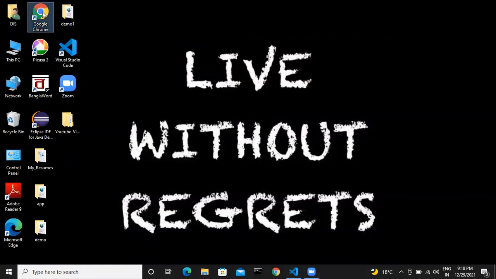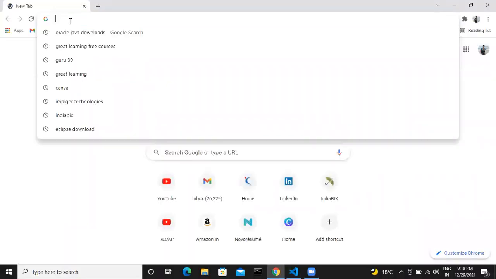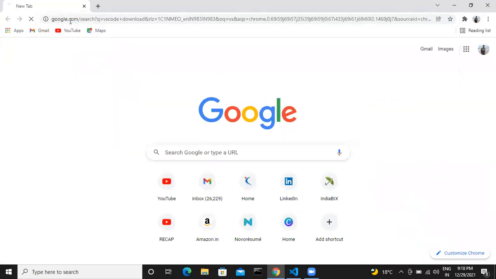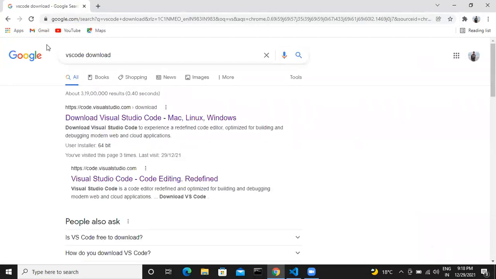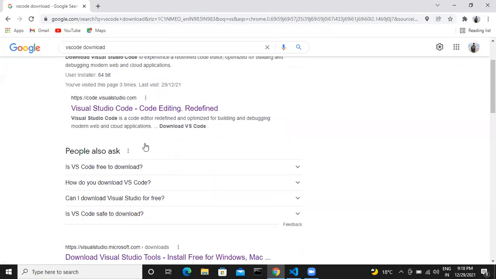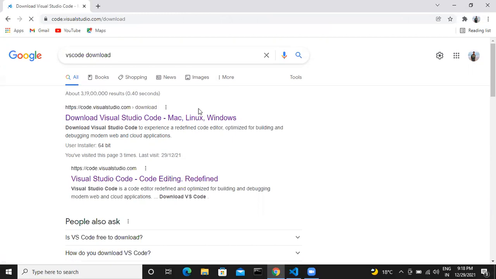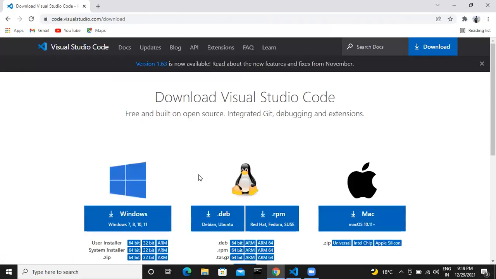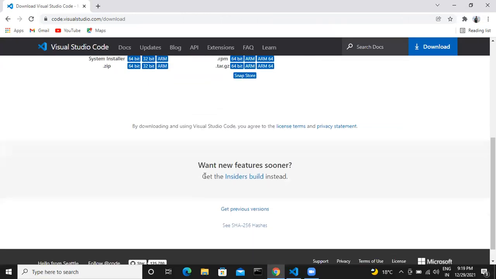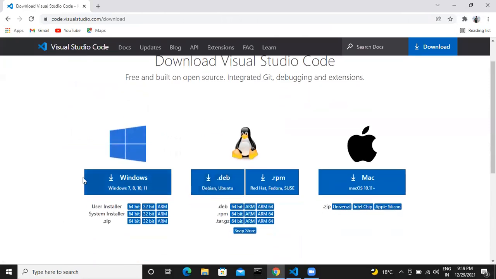Now let me show you the VS Code download. Okay, if you want to download VS Code, then you just have to type VS Code. You can click on the link and you can download for Windows, for Linux, for Mac.